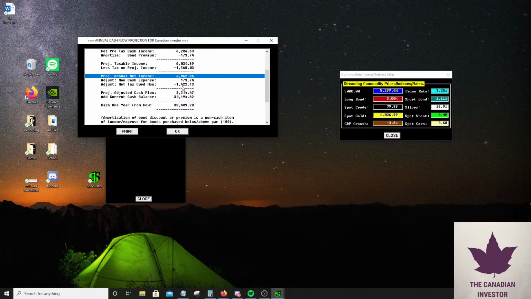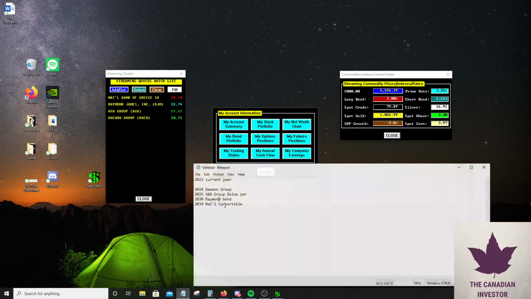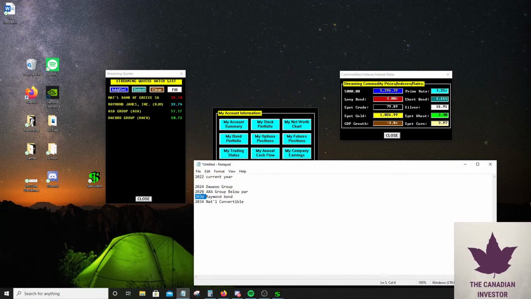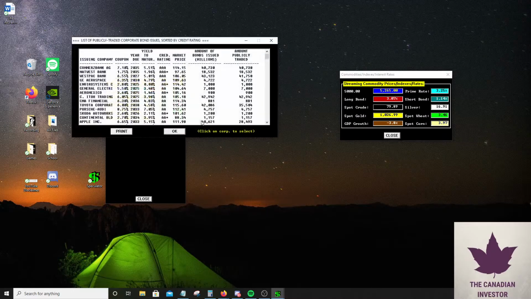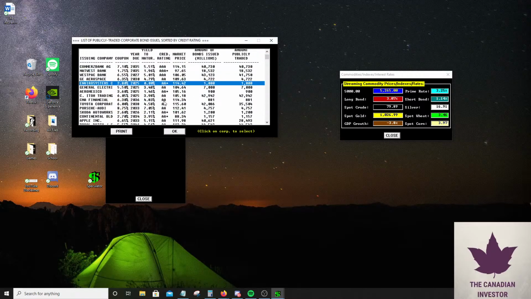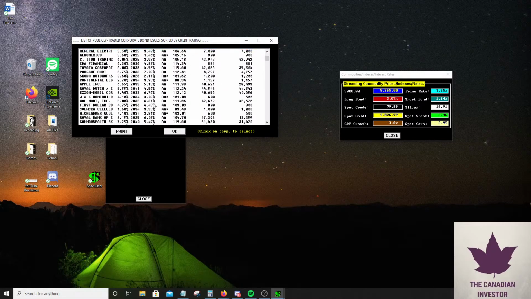But we're very, very interest rate sensitive because we have a lot of our investments in longer-term debts. AKA, we have a 2034, a 2030, a 2025, and a 2024. So we have to wait at least 2 to 3 years until we get most of our money back. So I'm going to start looking for some more liquid bonds, if there are any. 2027, 2024, that's probably a good one.